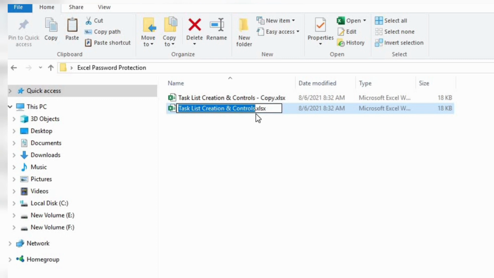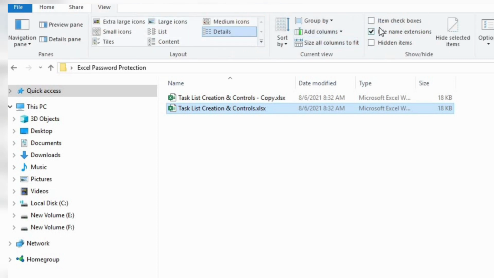Now here if you look, the file extension is XLSX. From XLSX we are going to change the file extension name to zip. If someone can't see the file extension, don't worry, go to View. There will be File name extensions, which will be unticked. Now when I tick it, the file extension appears here. Now when I click, you can see the file extension name.